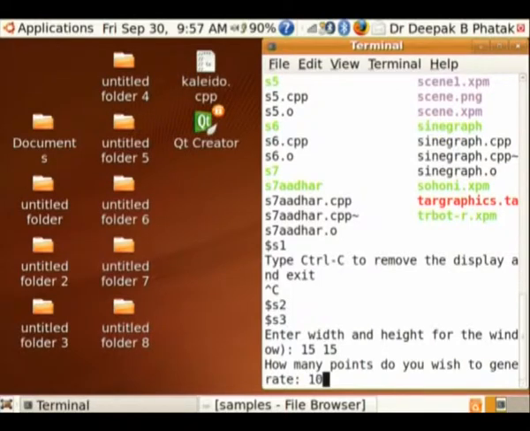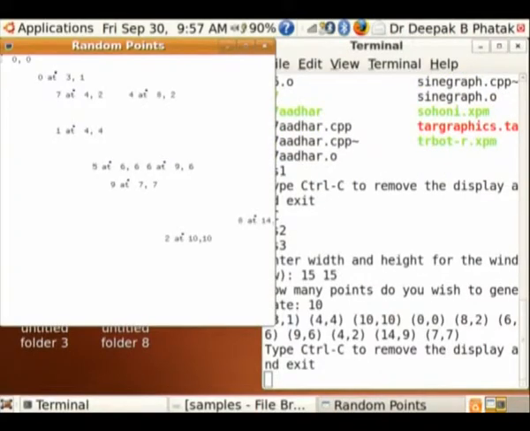So let's say I want to display 10 points. So what the program does is, it generates 10 random points using the random number generator, but uses then graphics to plot these points. So can you see this? So it says 0th point at 3, 1, first point at 4, 4, 7th point at 4, 2, etc. Remember, the coordinate system is x is increasing in this direction and y is increasing in this direction.